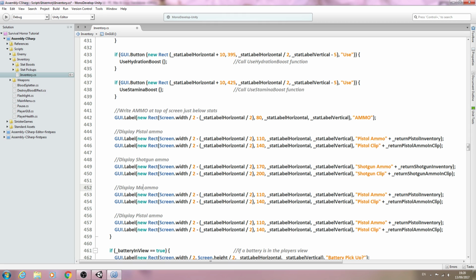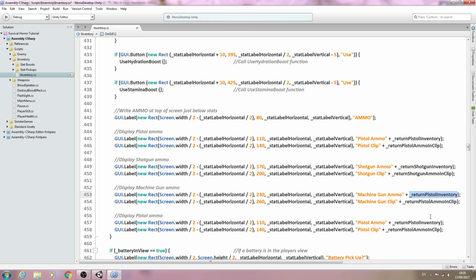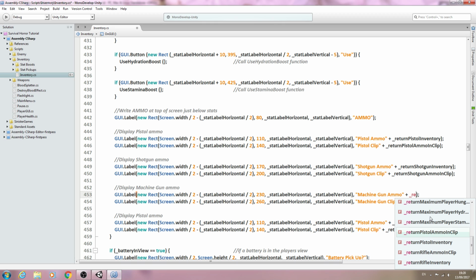And we've just got to keep going down. So the next one, machine gun ammo, we'll change the comment, and again we'll just keep increasing by a value of 30. And we will come back and make some adjustments to this to make it look a little bit better, but again that will come in a later lesson. I just want to get things up and running for now, and we'll do all the fine tuning regarding how the inventory looks once the actual,